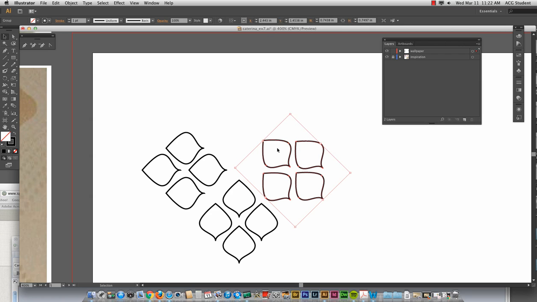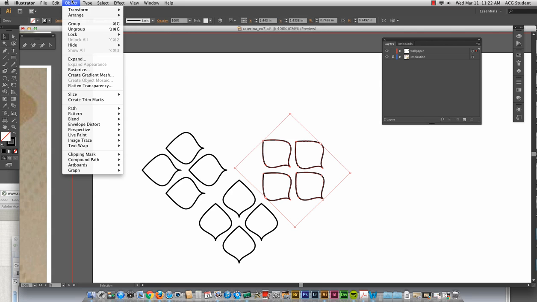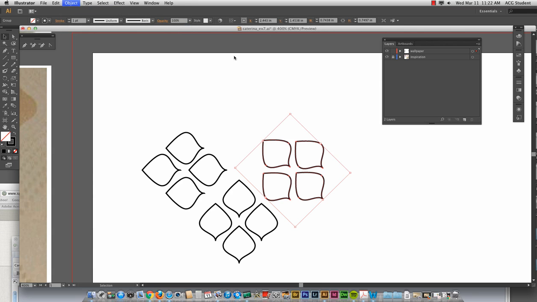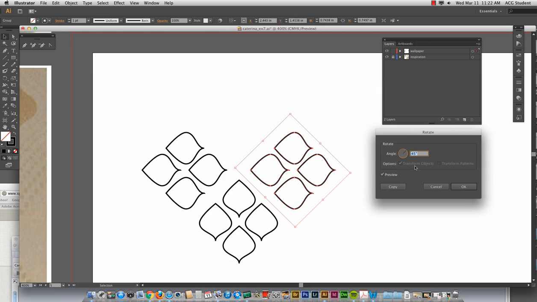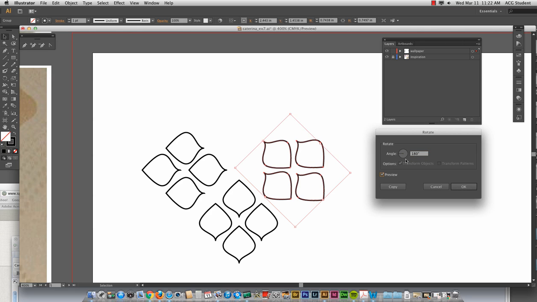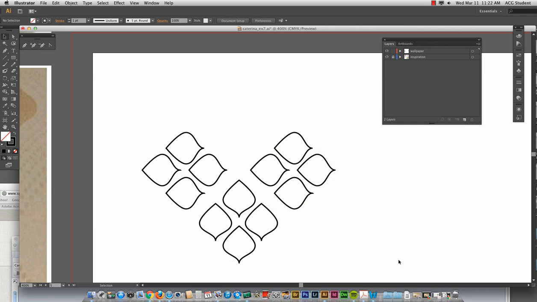If you want to rotate it, which I think I want to rotate a little bit, you can go to Transform, Rotate, and maybe I rotate it 180. I'm obviously not the greatest with math. I want a 45. There we go.